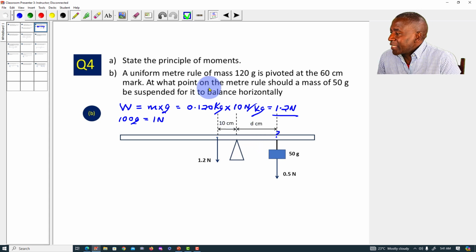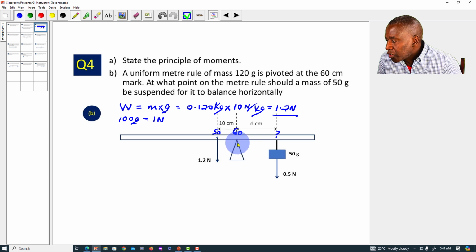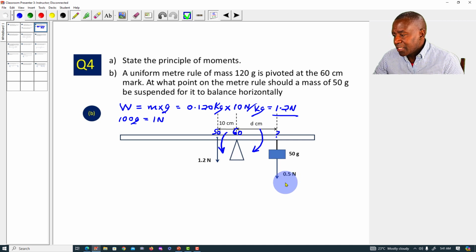So we are told that it is suspended at the 60 centimeter mark. So this is the 60 centimeter mark. Remember, this is the 50 centimeter mark where the weight is acting. So the anti-clockwise moment is due to the weight, and it is like that. The clockwise moment is due to this other mass here, which is like this. And that is how I got,